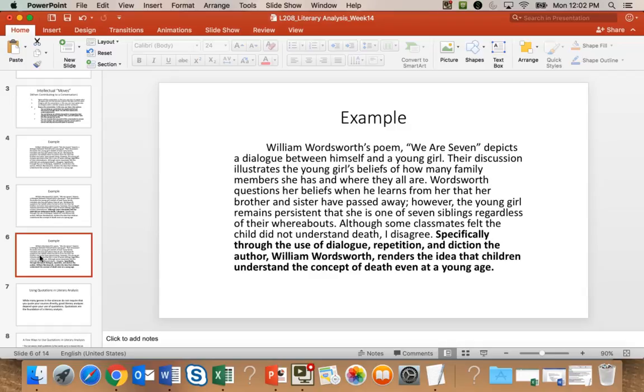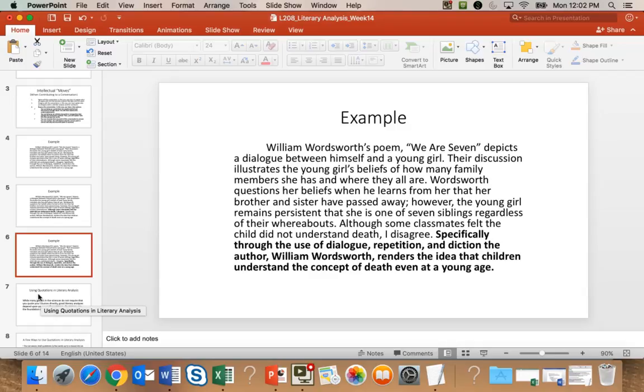If possible, you want to make it specific to what you're going to be arguing or how you're going to be arguing. And you need to make a claim that's argumentative. The nice thing about the way that we're framing this paper, though, is that it's much easier to make your thesis argumentative because it is already inserting itself as part of an argument.